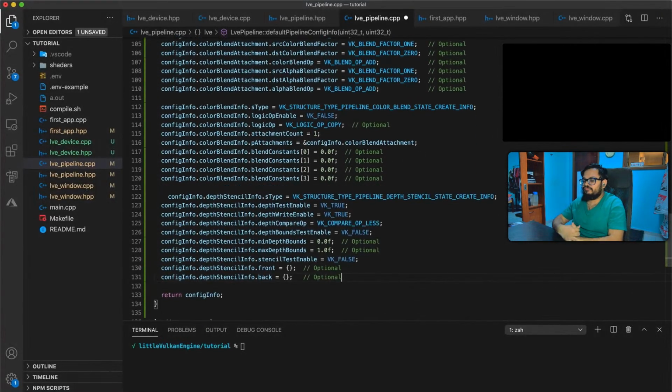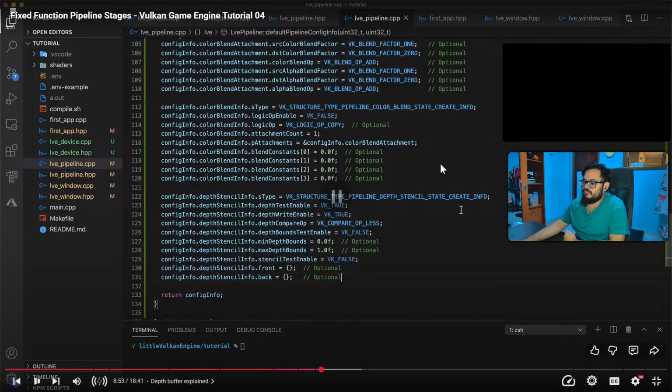So a depth buffer is an additional attachment to our frame buffer that stores a value for every pixel just